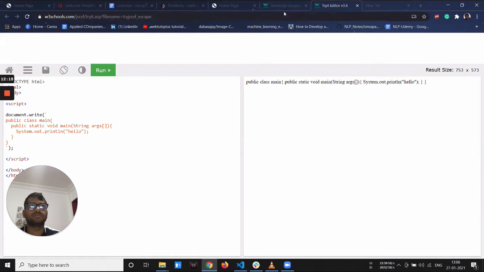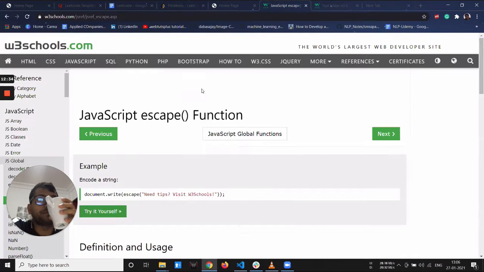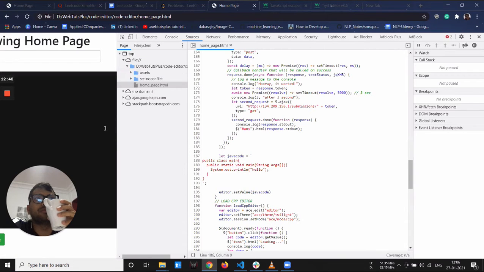Remove that document.write. And this should also be removed. Yes. Now it should work. Let's see. It's working, right?